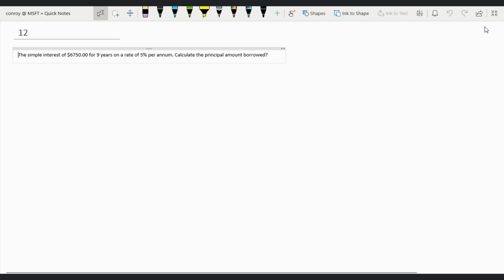Our next question asks us to say the simple interest of 6,750 for 9 years on a rate of 5%. We are to calculate the principal amount borrowed. All right. So we still realize that we're using our simple interest formula. I is equal to PRT over 100. However, in this case, we're asked to find the principal. All right. So we would need to transpose, and that would be